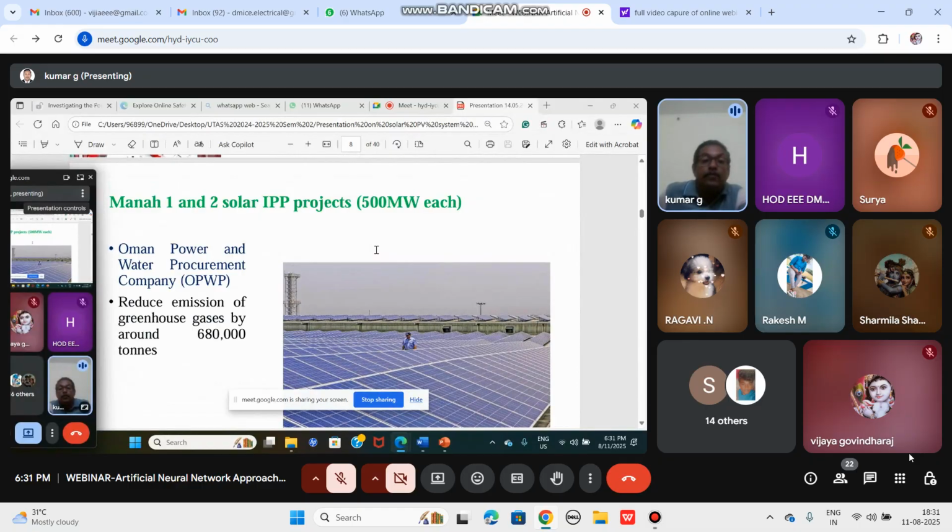Now this is one of the projects in Oman, the Manah 1 and 2 solar IPP projects, independent power projects. 500 megawatt each. They are estimating in terms of greenhouse gases because the government sees the power plant only in terms of carbon footprint. So 680,000 tons of CO2 they are avoiding every year